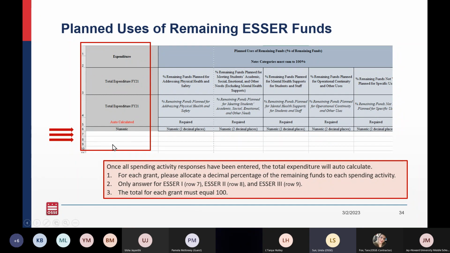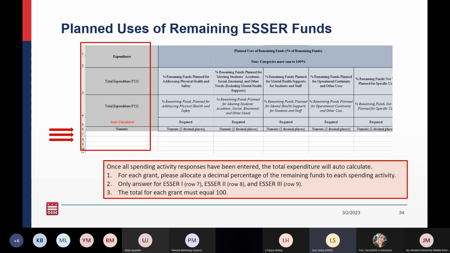So again, just 3 rows, and then just a percentage of how much you plan to spend in each of these spending categories. And then if you don't have a specific planned use yet, there's a catch-all column at the very end as well. You will not be held accountable to what you put into this particular portion of your planned uses.